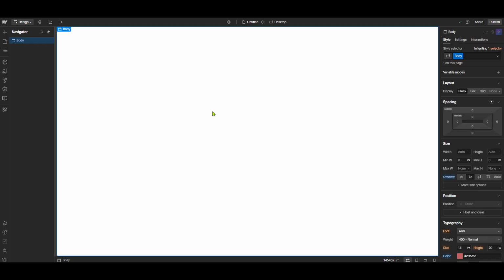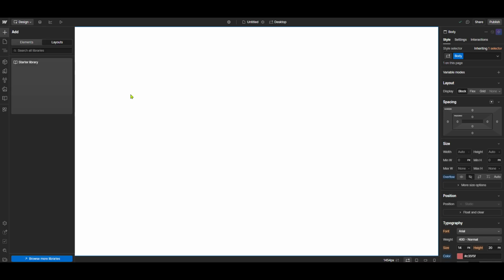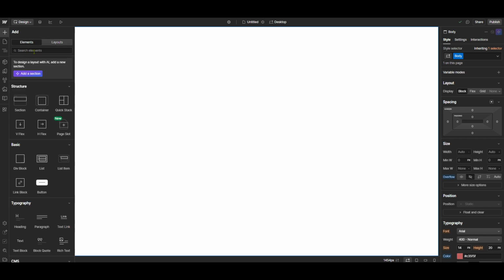Once you have your project open, look for the Add Elements panel. This is a crucial feature in Webflow that allows you to insert various design elements into your page. When you click on it, a menu will appear with a wide array of elements you can add to your project. From here, we are specifically interested in creating a header, so let's type header in the search bar atop